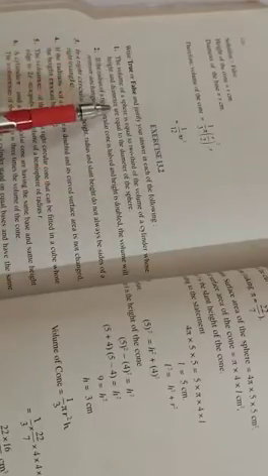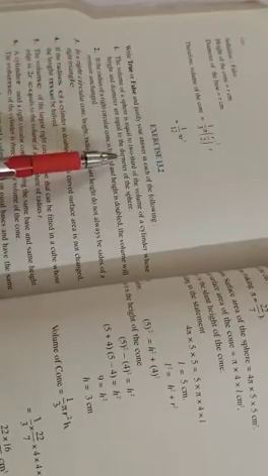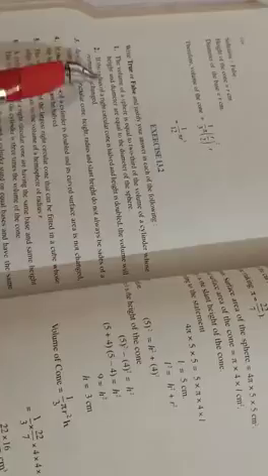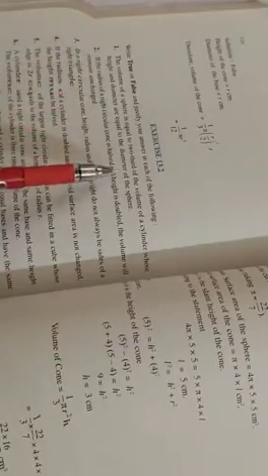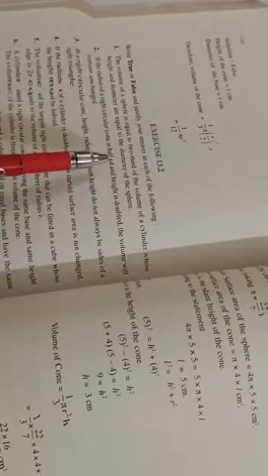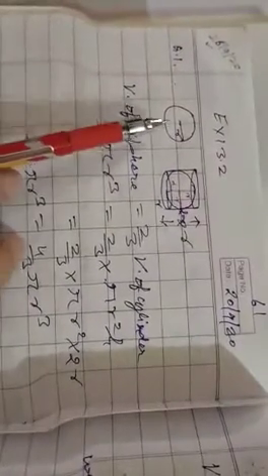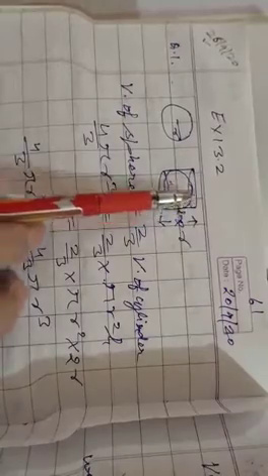The volume of a sphere is equal to 2/3 of the volume of a cylinder whose height and diameter are equal to the diameter of a sphere. If the diameter of a sphere is 2r, the height of the cylinder is also 2r. Now, this is your sphere and this is your cylinder.